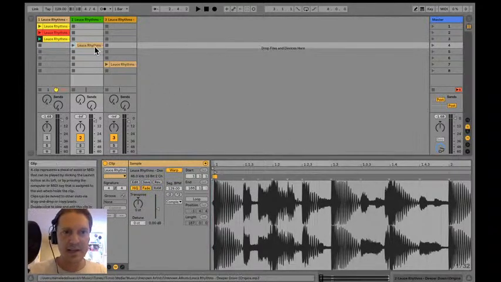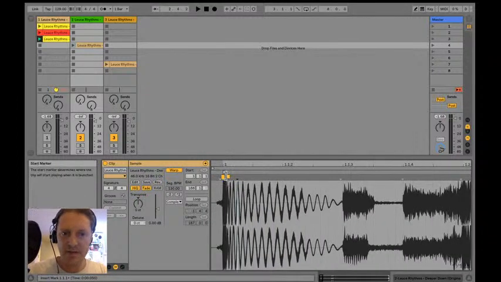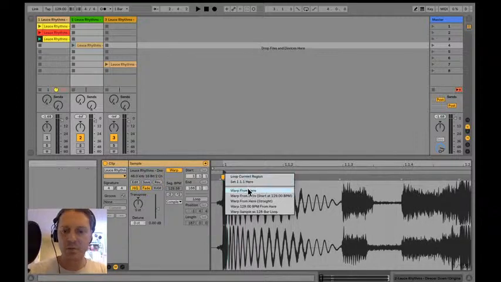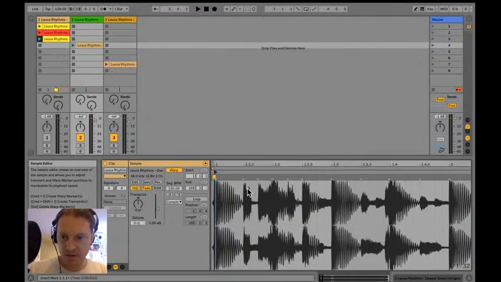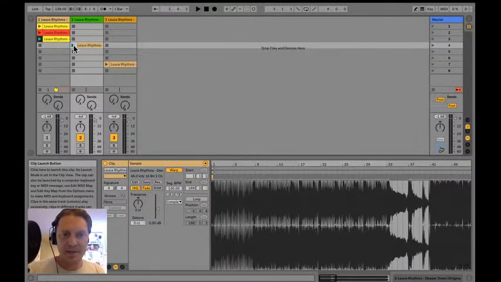Zoom out and take that one off. Oops. Zoom in, take that one off there. And then I just warp from here. There we go. Cool. So that's all nice and in time as well. And the same process. So if I just play it from the beginning,